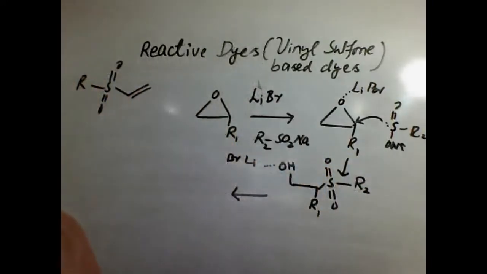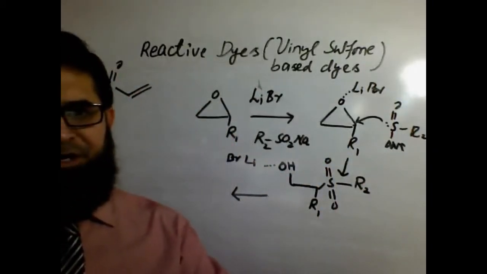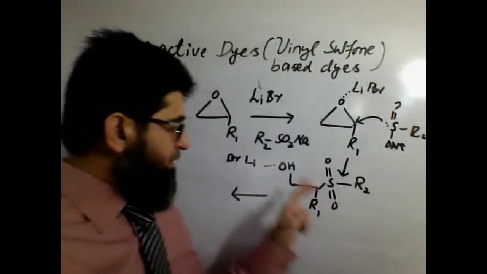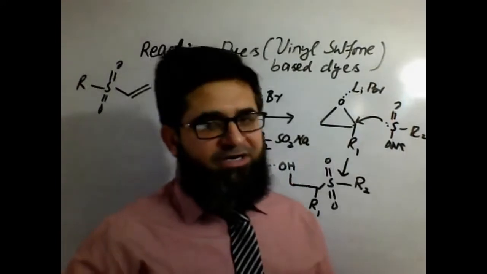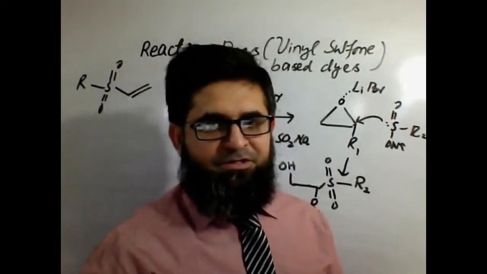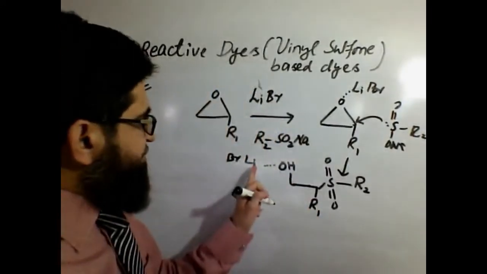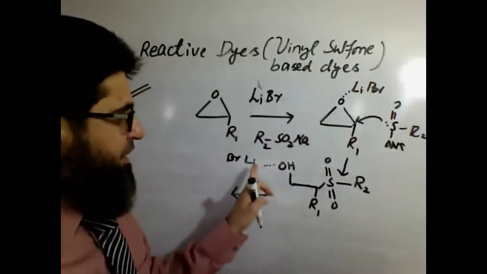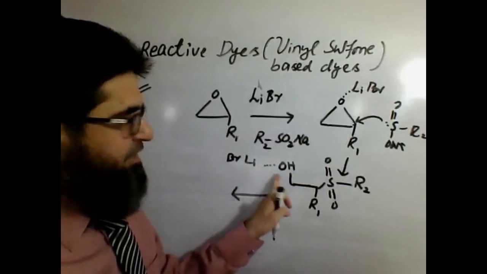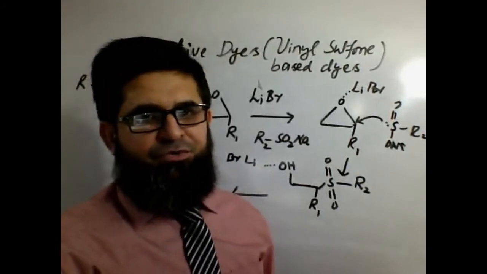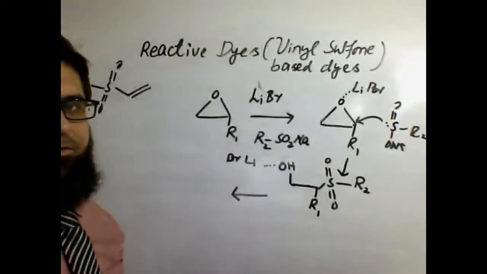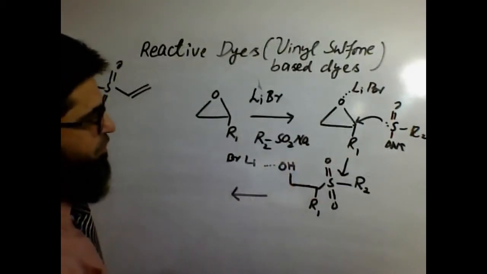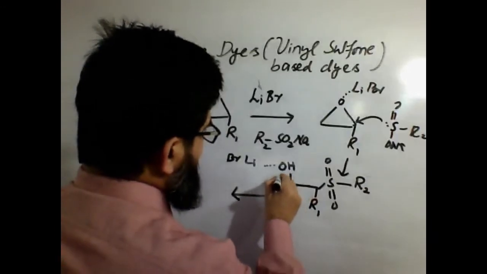The ring of oxirane has been opened up into OH, the one which is connected with the lithium. This interaction between lithium and oxygen results in the opening of the ring, giving us this sort of structure due to the involvement of water. With the ring open, this hydroxyl leaves